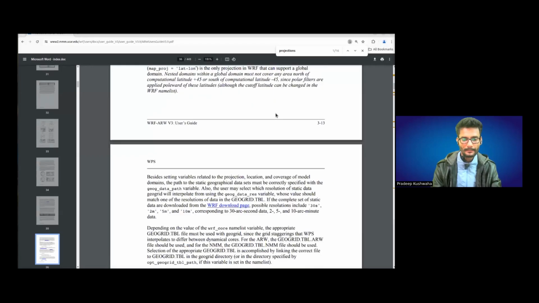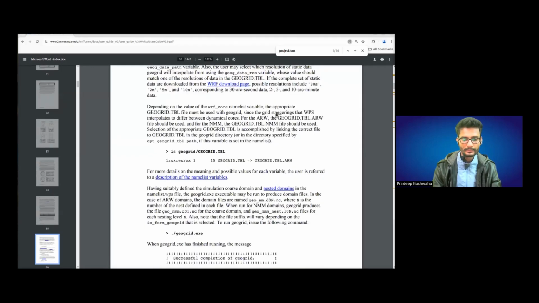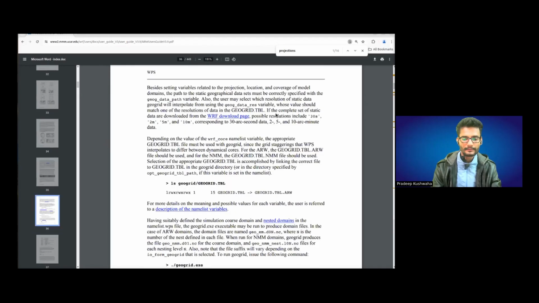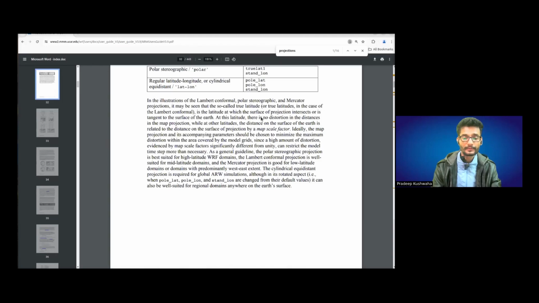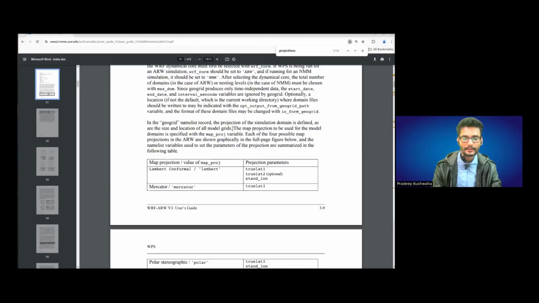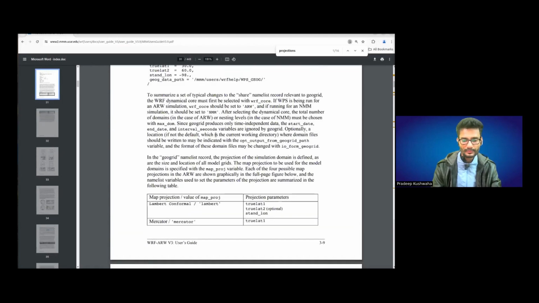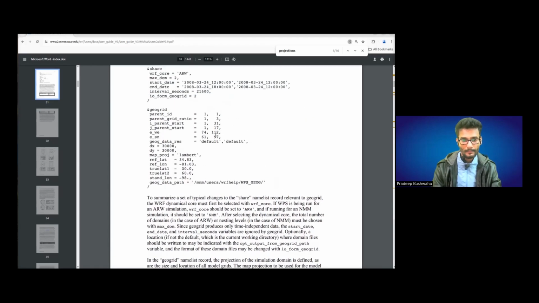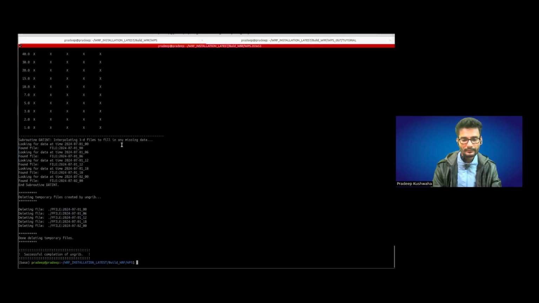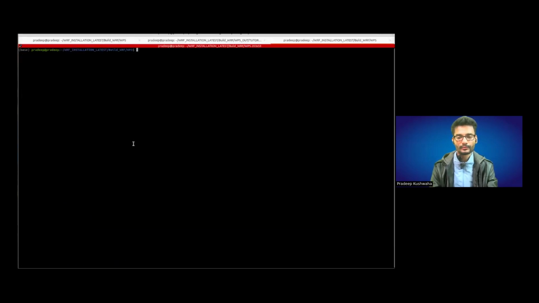Okay, so I think these projections are described fairly well in this documentation. So you can just go through it and check which projection is best for you. And if you are not very familiar with this, there are other options to do it. So what you can do,